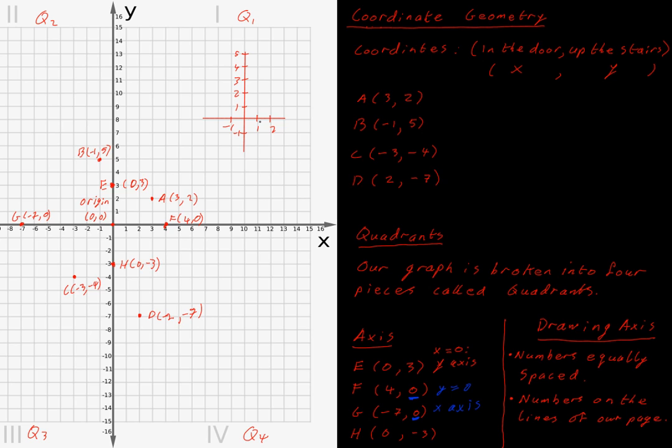So if I wanted to go to the point 2, 4, I'd start at the origin and I'd go in the door 2 and up the stairs 4. And that would be the point 2, 4. And I can read it really easily because I'm following the lines that are in my copy, so I can be very accurate. And that's what we need for our coordinate